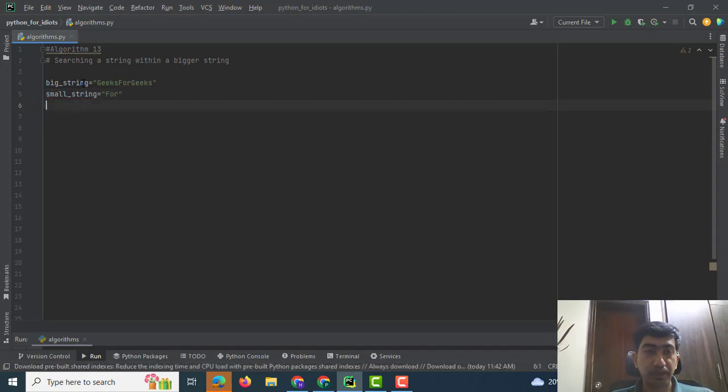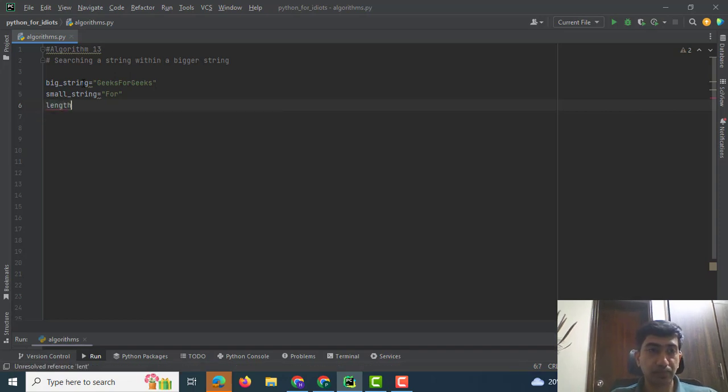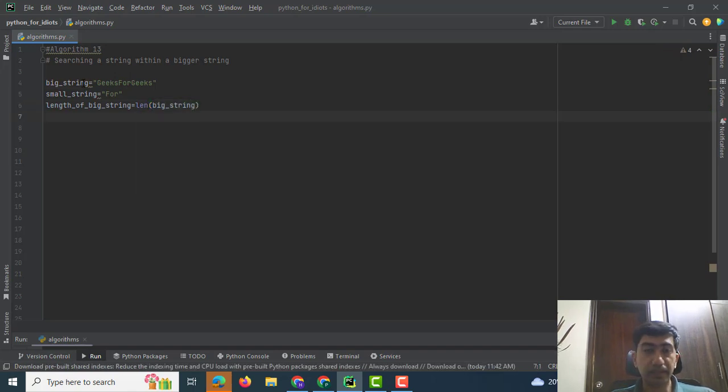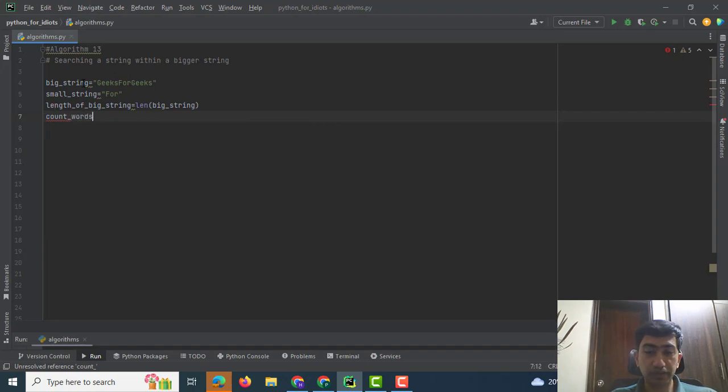"for", okay. So I would be using the while loop, and I would be giving the command to Python that it should continue to run the code till it traverses the entire length of the big string. Okay, so length of big string is equal to length of big string. Okay, and I would also be keeping a count of at what length of the big string we are currently at. So count of words big string, and I would be giving it a value of 0 since we are currently starting the code,